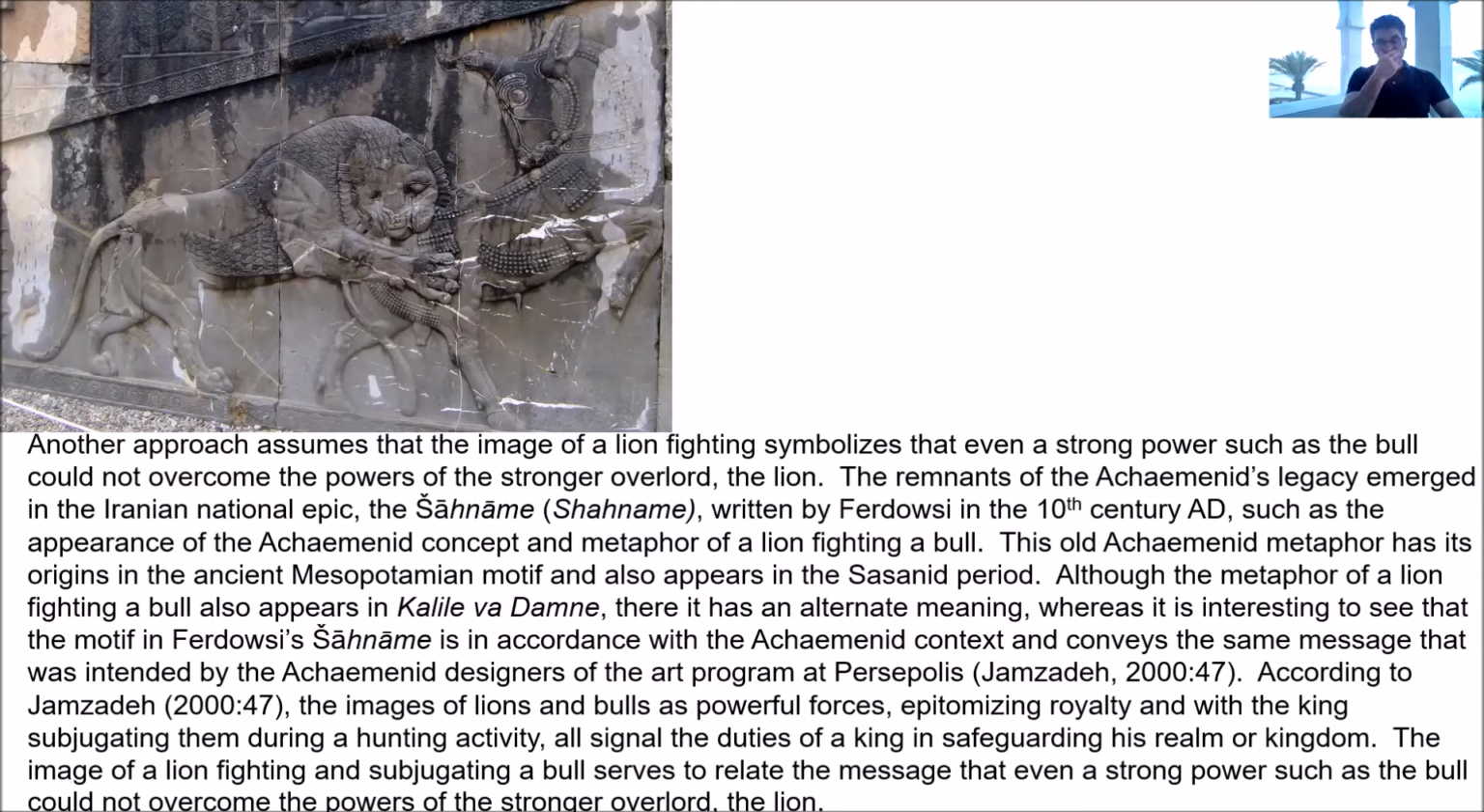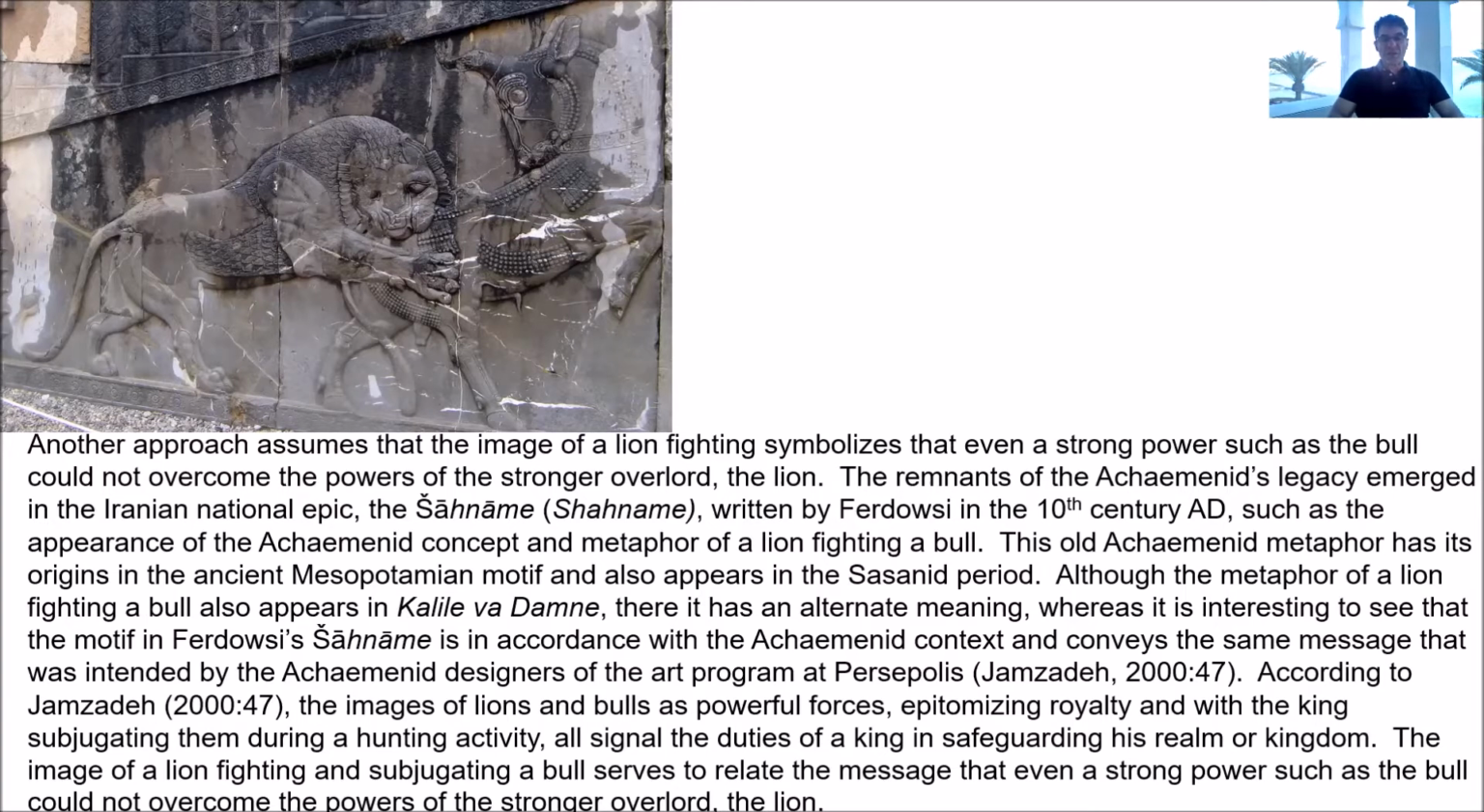We have also another hypothesis that assumes that the image of a lion fighting symbolizes that even a strong power, such as the bull, could not overcome the powers of the stronger overlord, the lion. The remnants of the Achaemenids' legacy emerged in